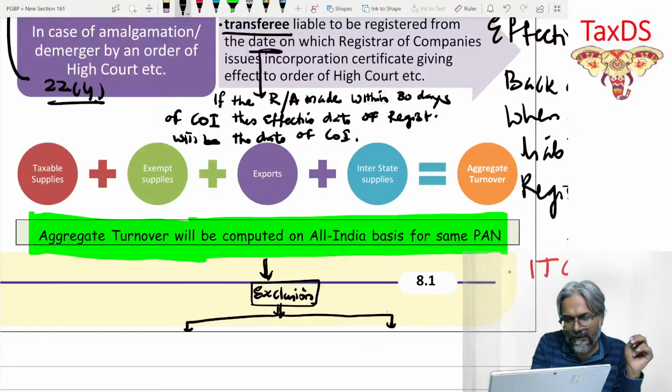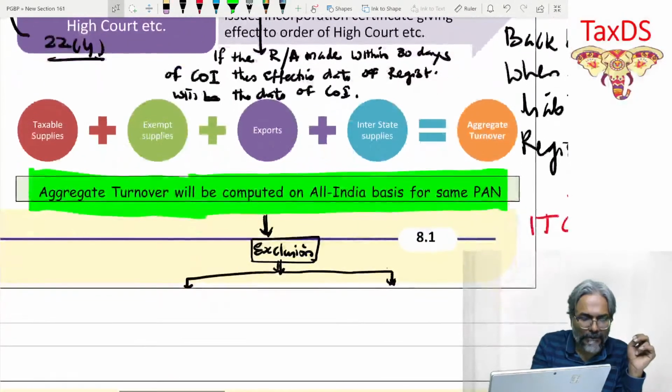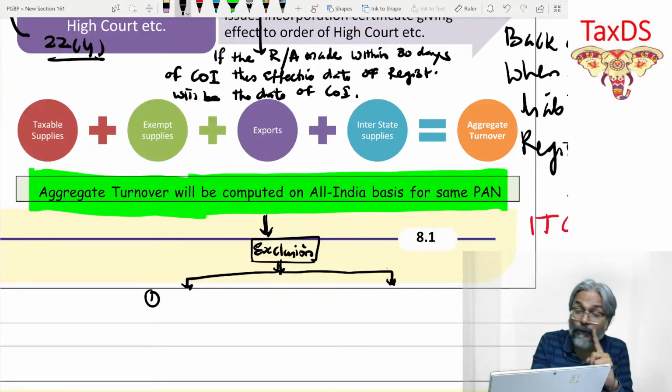Which are those two exclusions, students? First one, be careful. I told you already in my initial class. I don't know whether you remember this or not. If a transaction is not a supply, then whether you are going to consider that transaction in determining your aggregate turnover